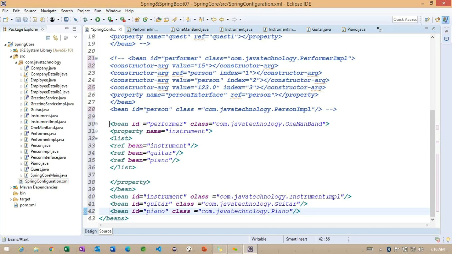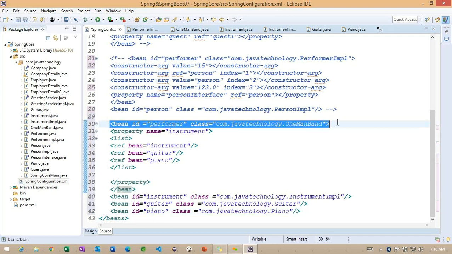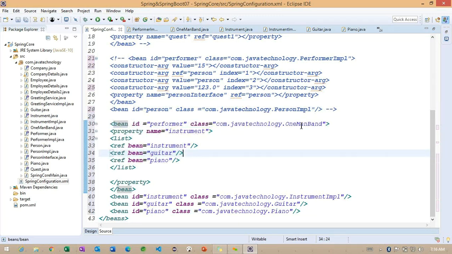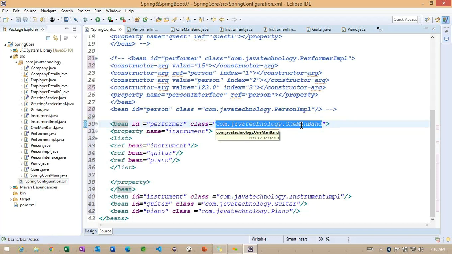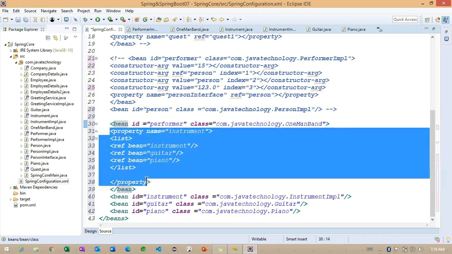So observe carefully. We are trying to create an object of this particular bean class, and internally this particular bean is depending on the other beans here. The other beans we are going to have as a collection of objects here, and we need to specify like this. Why am I working like this here? Because of the collection of objects we are having setter injection here. The collection of objects are going to be injected through this particular setter injection.